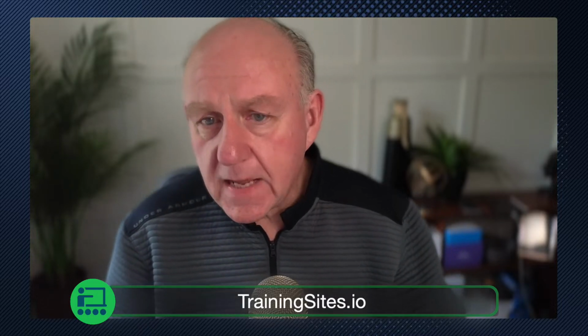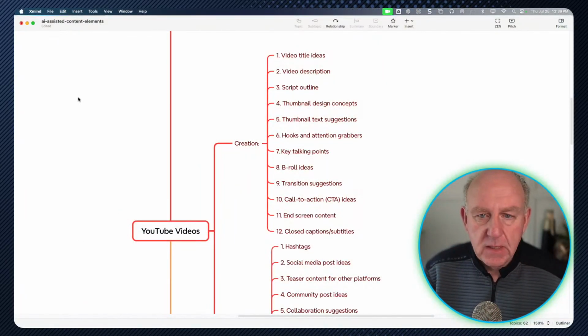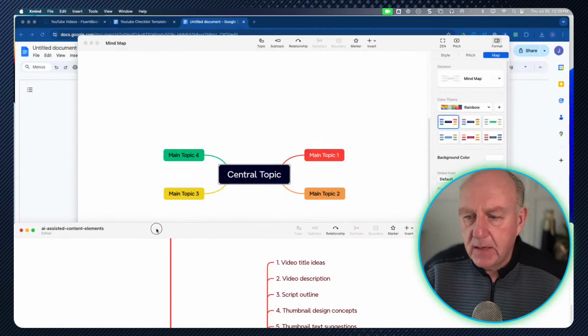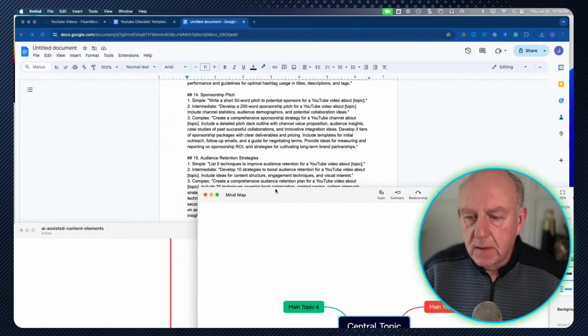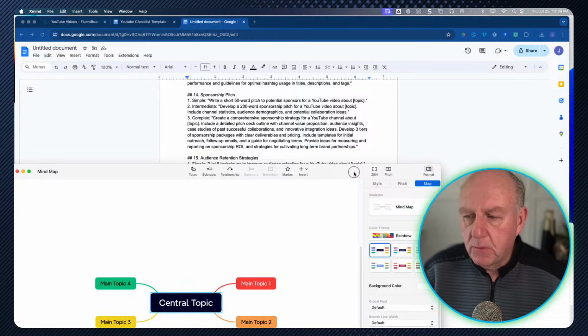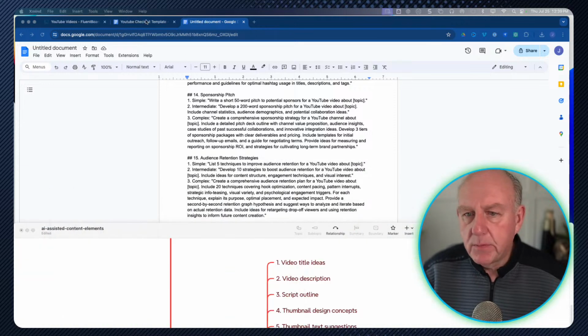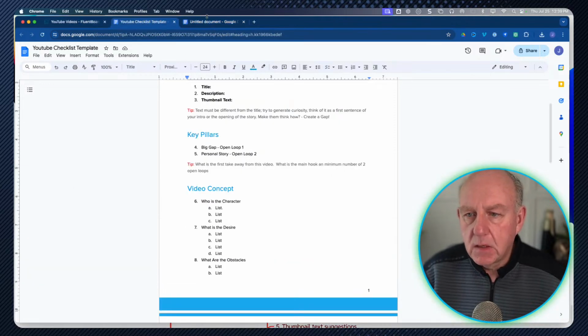So let's take a look at these ones and see how they kind of fit in, and you can get some ideas on how you might be able to use those ones. So what would be a good one here? Let me just open one up. I'm going to open up what would be a good one. There's the YouTube check. Let's do this one.